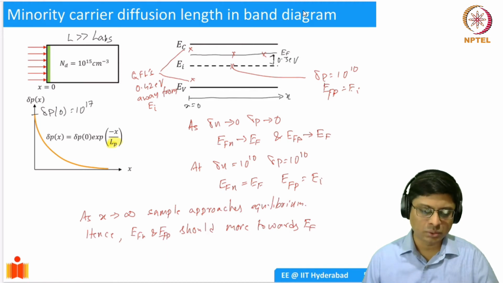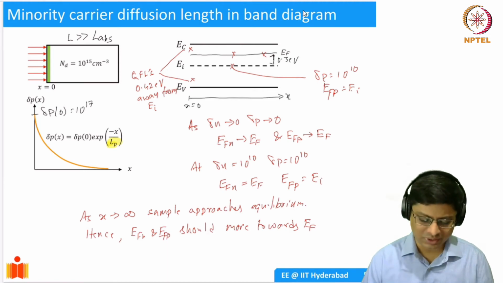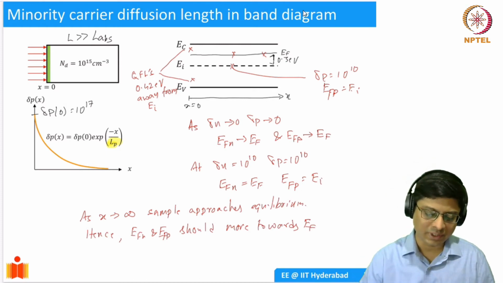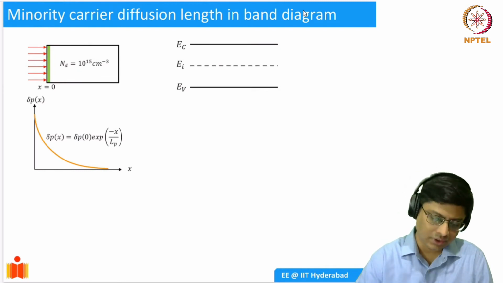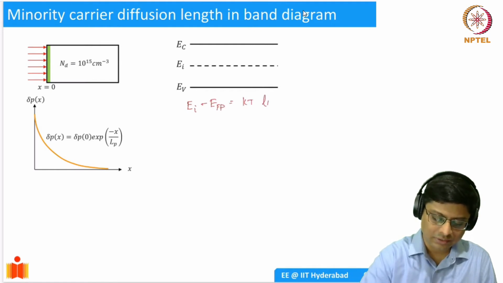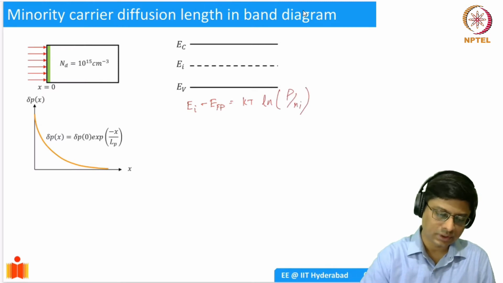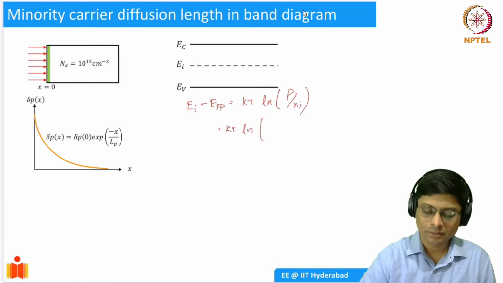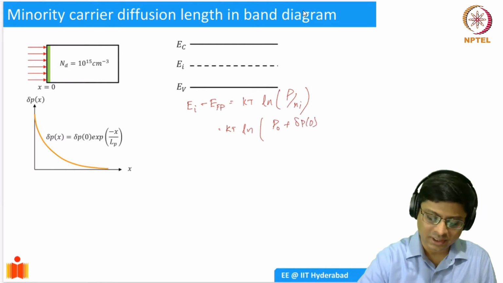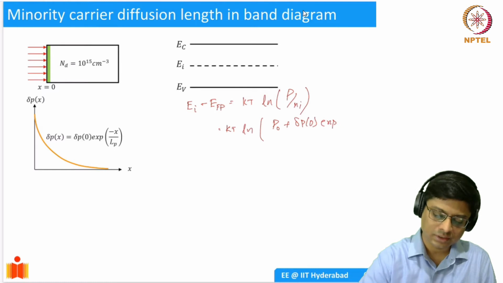So now let's try to do a quantitative calculation. This is still hand waving, right? We just put in a few numbers that we wanted to have. We can actually introduce the exponential decay into the expressions. So what was the definition of EFP? EI minus EFP is going to be KT ln of P by Ni, right? So that is going to be equal to KT ln of (P naught plus delta P at x equal to 0 times exponential minus x by Lp)